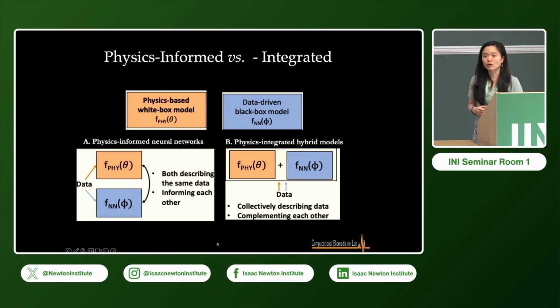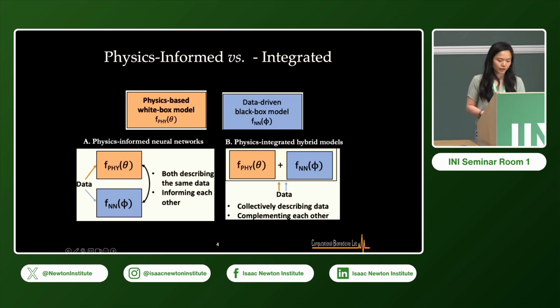In what we call a hybrid model, it's for a different purpose. It's a setting where you are really certain about some part of the physics, and you don't think you need to learn it with a neural network. So you would like to keep that part of the model, and then focus your neural network on learning the part that your model is not explaining in the data. So it's a way of bridging what your physics is describing and what the data is describing. In this hybrid model, these two models together describe the data you're observing,